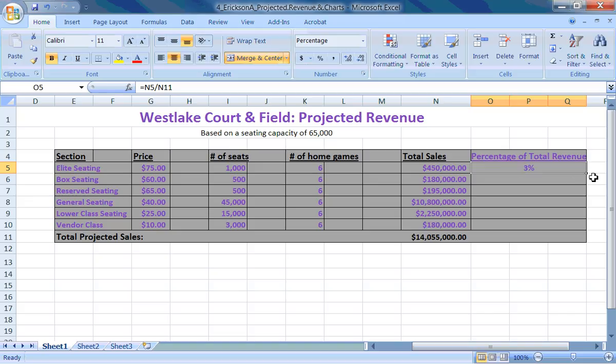That works for each individual one, but if we drag it down, it's looking for what is going into it. Like the 180,000 is looking for a number right here, 195 is looking right here, and so on. So what we have to do is first go equals, tells the computer it's going to be a formula. Click on our 450,000 or whatever number you have here, divide by the total, hit enter, go back to your